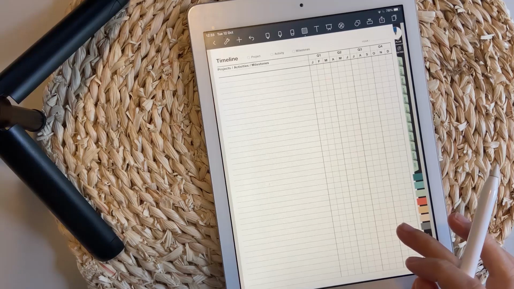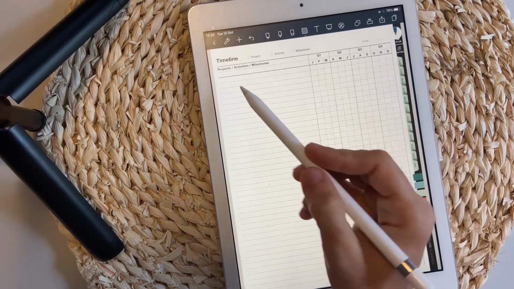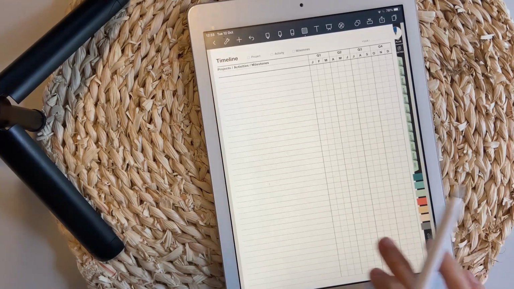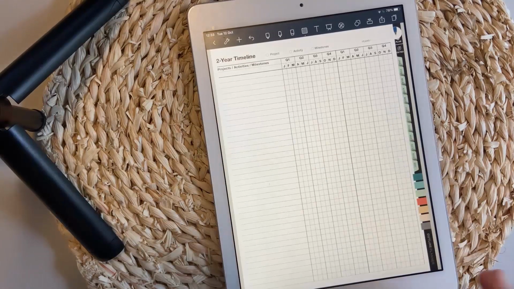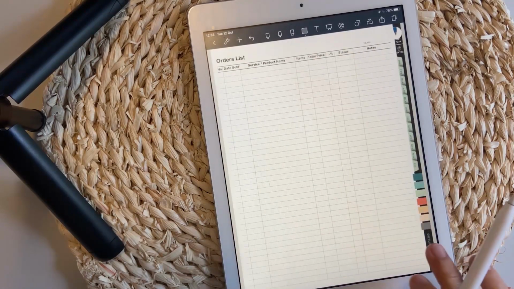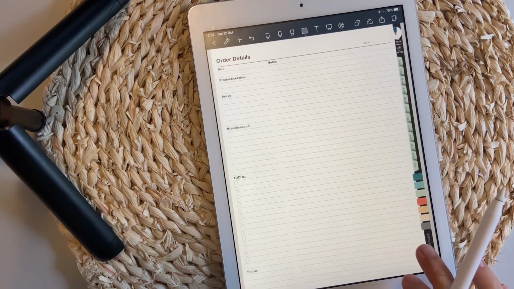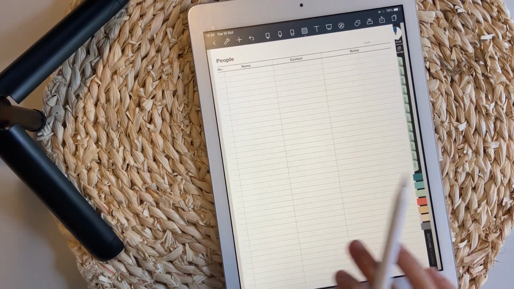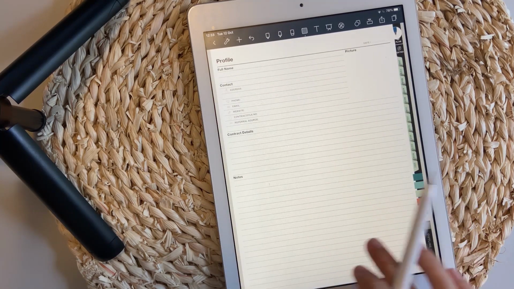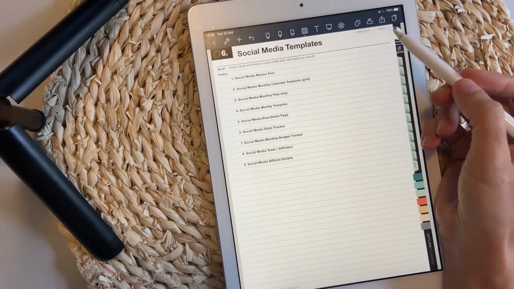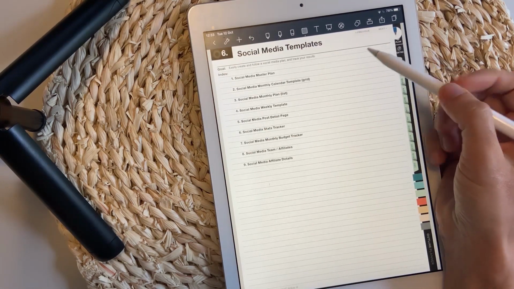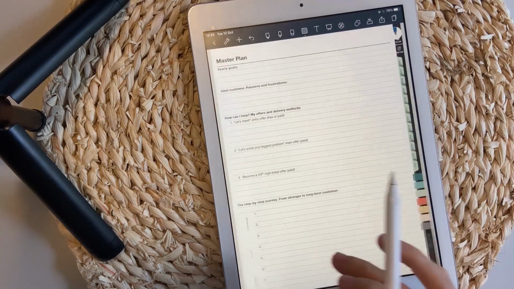The Gantt chart is available with two options, the 1-year Gantt chart and the 2-year timeline. And then you have order lists with order details, people lists with people details. And let's go to the social media page template. The social media page template has a master plan